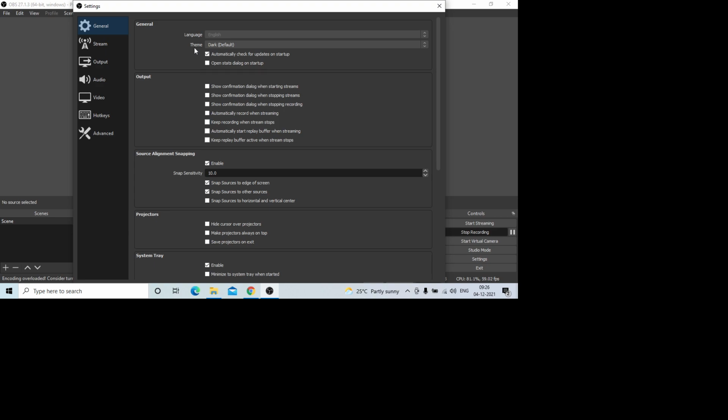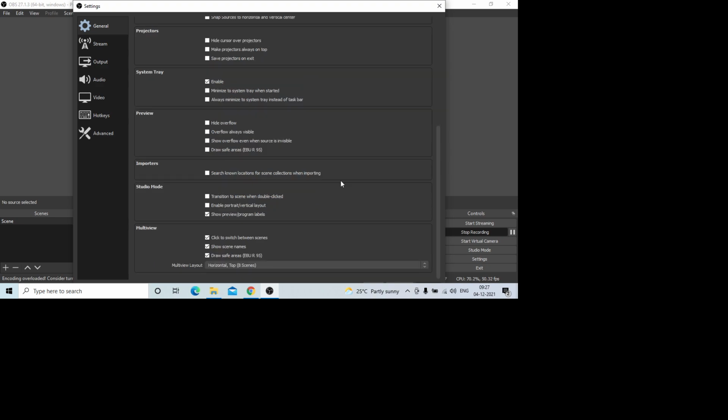It's the black screen. If you want to change anything, you can go to the system format, which will match your Windows system, and the remaining is based on your interest. But most people use dark by default, and other people select system. I selected dark only. And you need to check the tick mark, automatically check for updates at startup. Okay, the remaining settings you need to leave as default.